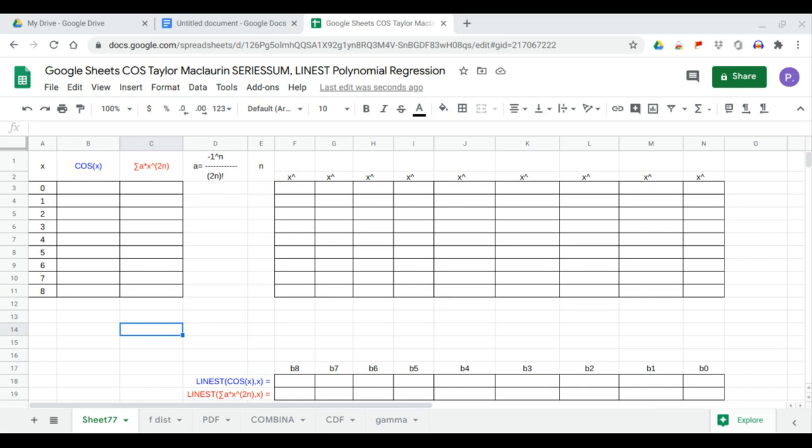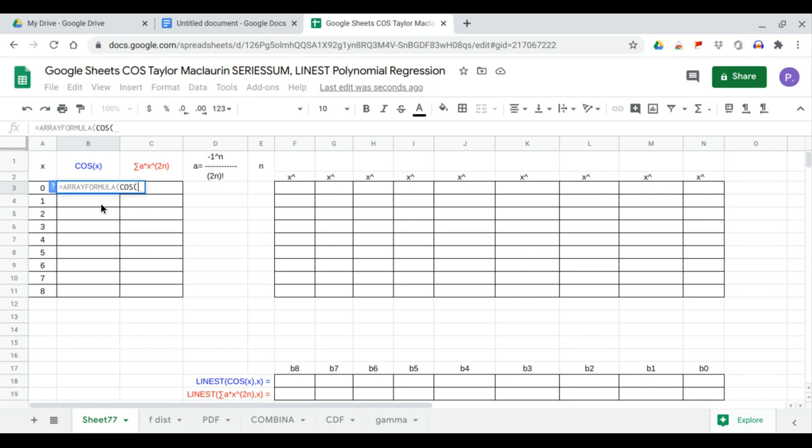In this video, we will generate the dataset of cosine and its Taylor Maclaurin Series sum expansion. We use the SERIESSUM function and we generate its regression coefficients using LINEST Polynomial Regression to the degree 8. We begin with using array formula,